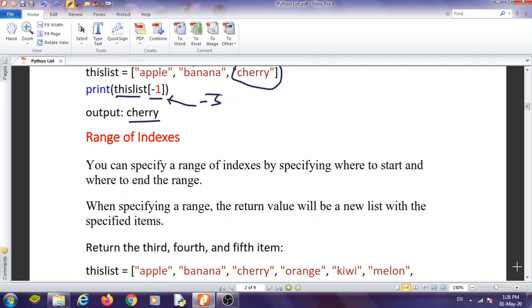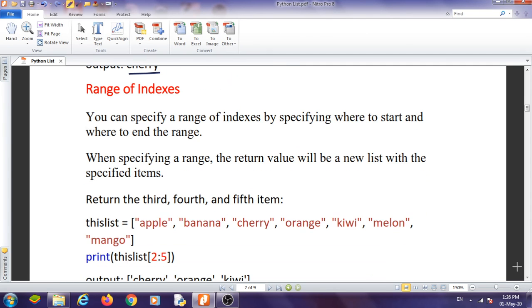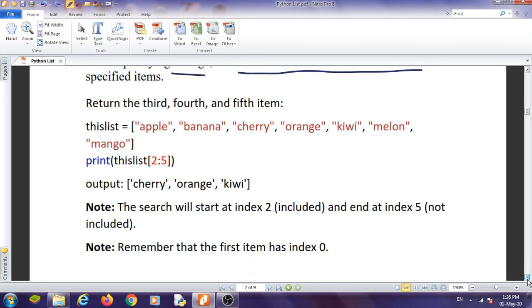Now range of index. We can specify a range of index by specifying where to start and where to end the range. When we specify a range, then the return value will be a new list with the specified items. Suppose this is a list, this time with more elements.